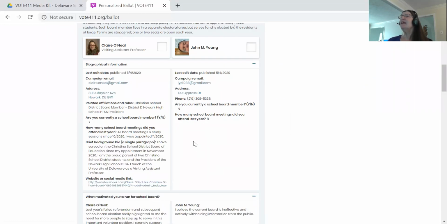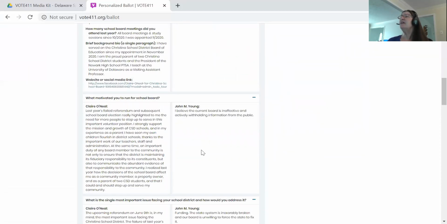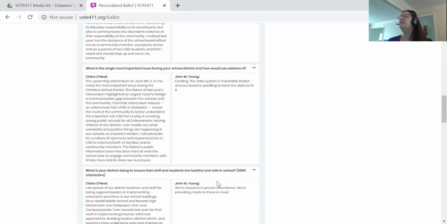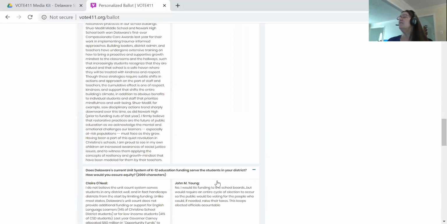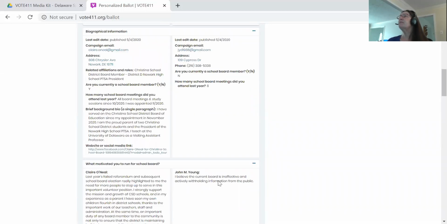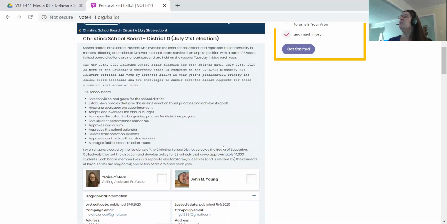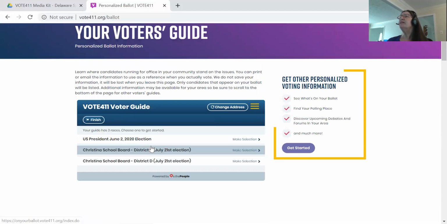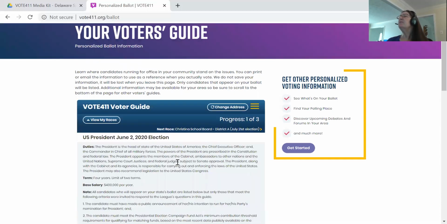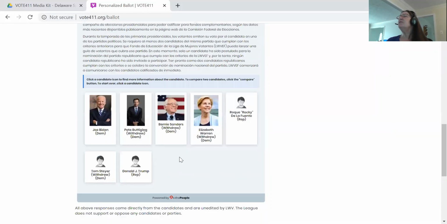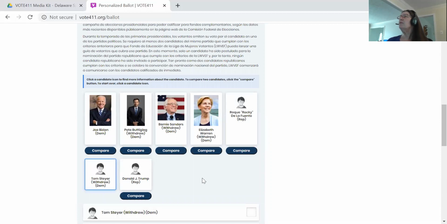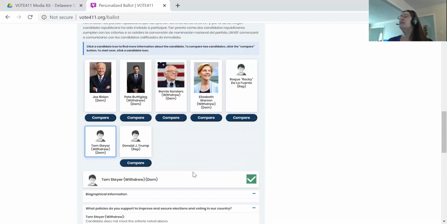You can take a look at the biographical information side by side, the answers to questions side by side, and see which of these two candidates fits your viewpoints better, which candidate you think will really represent you. Now, if this were, I'm going to go back to view all my races, go back to the presidential election. If this were an actual one of the bigger elections and you have a lot of races to consider, one of the features of,